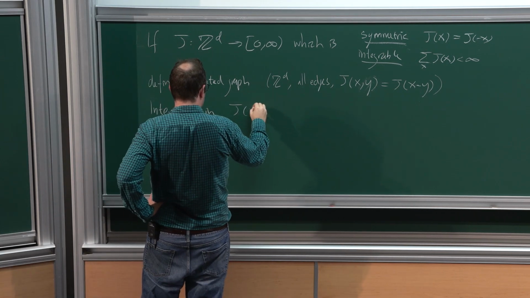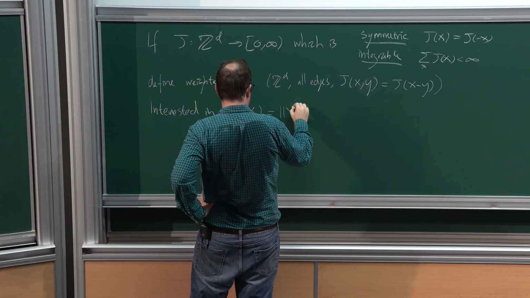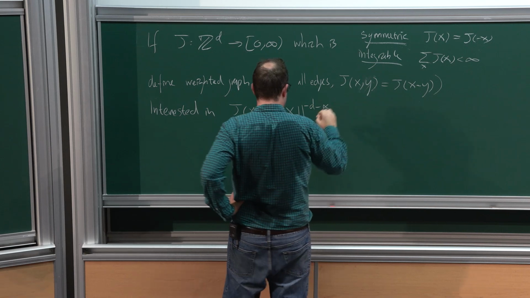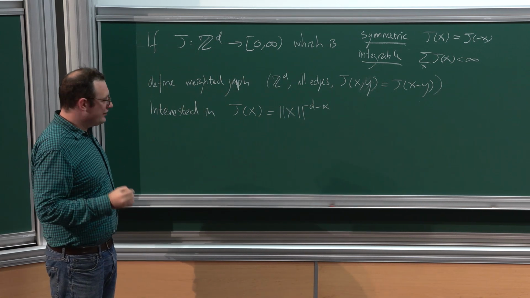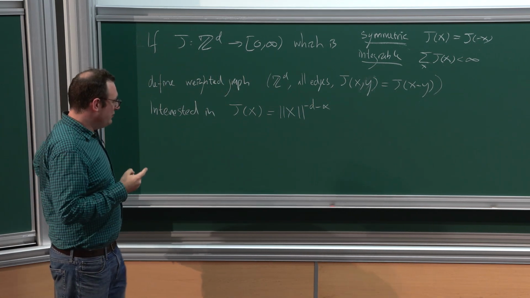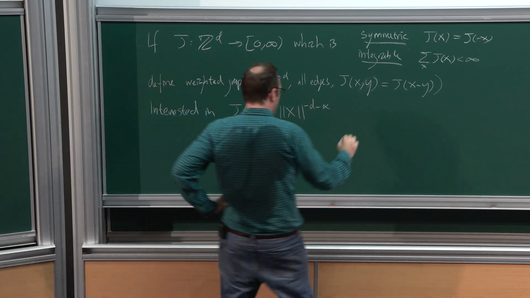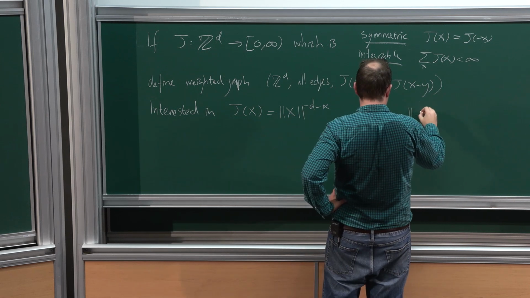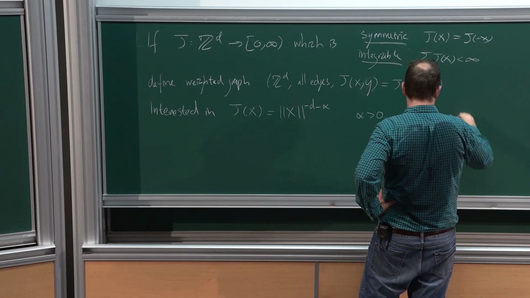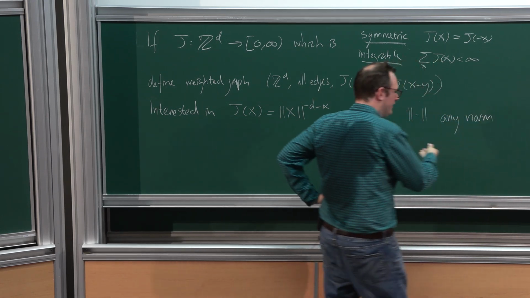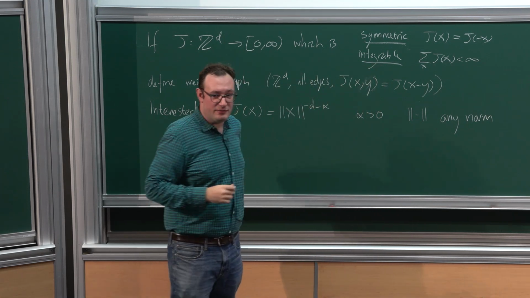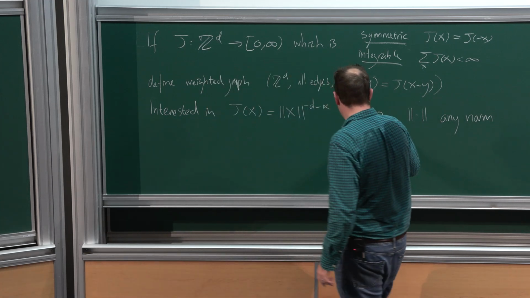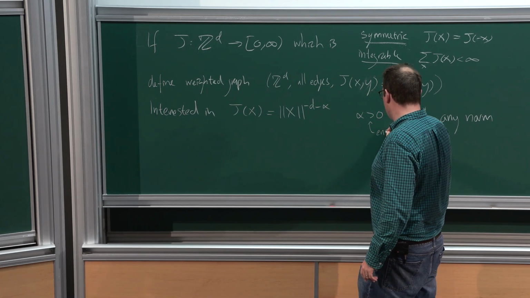is to take J to be a power of the distance, and it's going to be convenient to write this power in this form as minus d minus alpha, where alpha is positive. Okay, and I'll allow this to be any norm. If I want to specify the Euclidean norm at some stages, I'll use the subscript 2. So this alpha being positive ensures integrability.